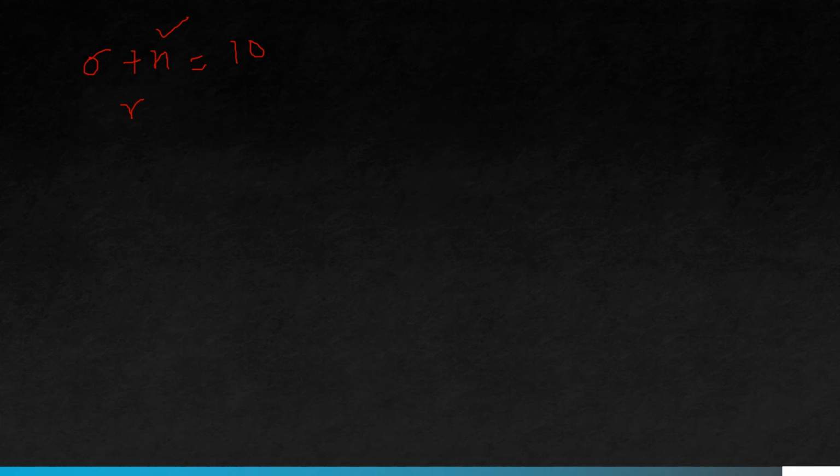So what is the variable over here? n is the variable, so we can place n is equal to 10, and then we can move this constant value to the right hand side. When we move this constant value to the right hand side, the sign will change. So what is the sign of 6 over here? When we do not have any sign, by default the sign is plus, right? When you move this plus 6 to the right hand side, the sign of this 6 will change, it will become minus. So what will this be? 10 minus 6 is equal to 4, right?